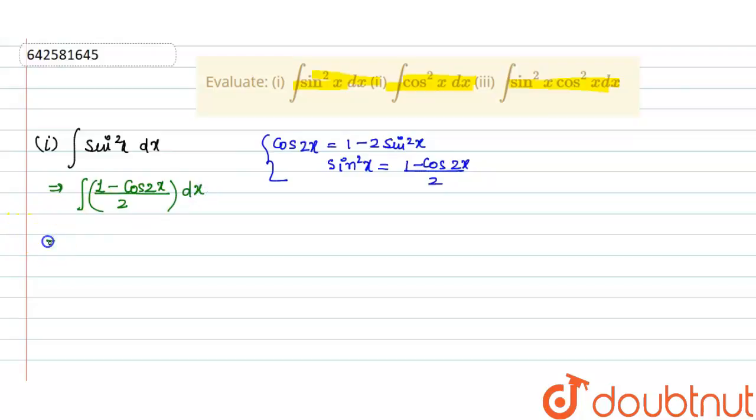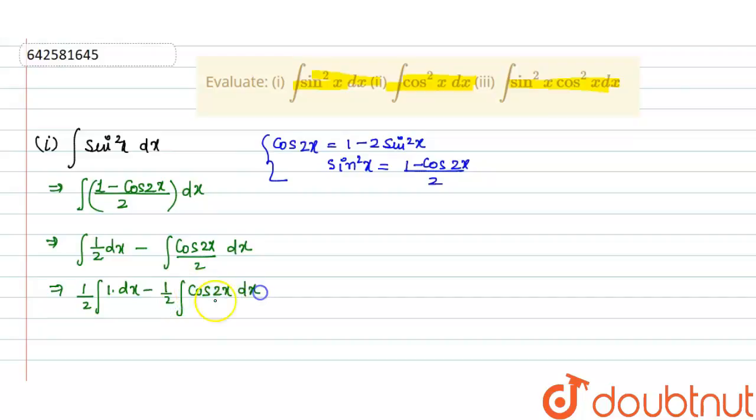Now to integrate it, we will separate it: 1 by 2 dx minus cos 2x upon 2 dx. Now we can take 1 by 2 out of the bracket because it is a constant part, so we can write it 1 into dx minus 1 by 2 integration of cos 2x dx. Integration of 1 is only x, so it is x by 2 minus integration of cos 2x is sin 2x,